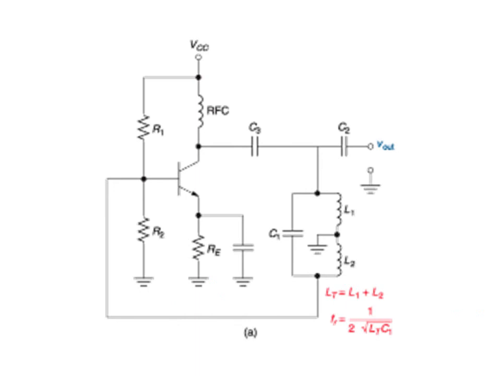In this case, when you explain the frequency, you will have to find the effective value of L1 and L2, since they are connected in series and they are essentially coils. The effective L is the sum of L1 and L2, and that L1 plus L2 is taken as LT, which is the inductance of the tank circuit. So that should be used in the equation for frequency.